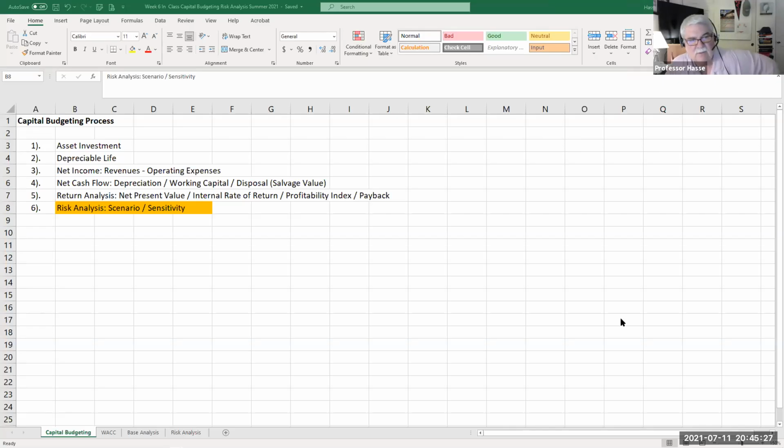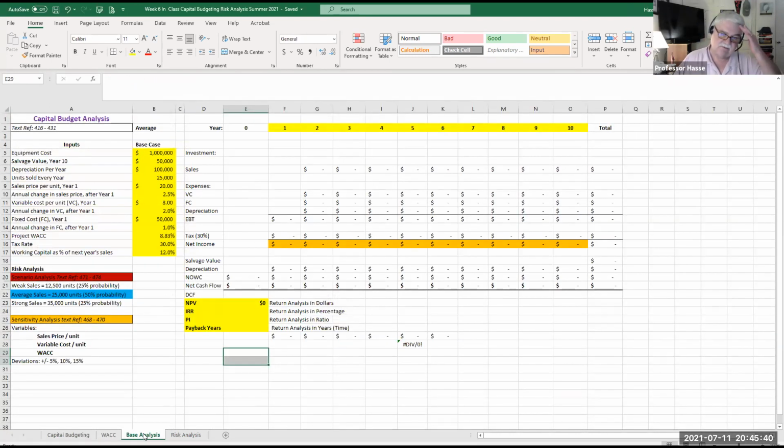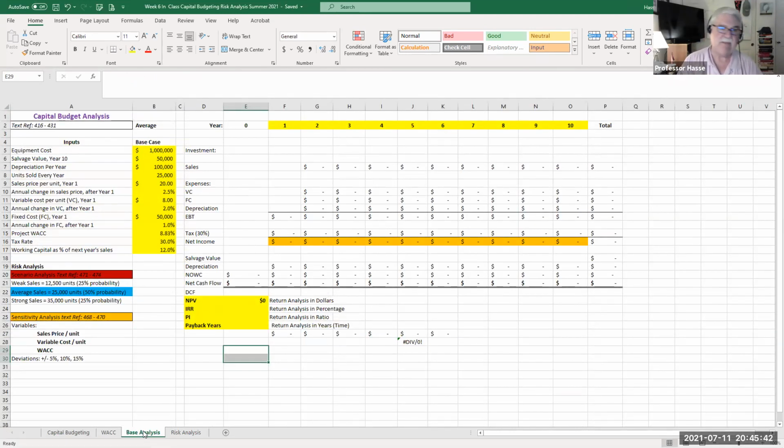Here's that spreadsheet that we started in week number 5, but I've done some alterations to it, and we're going to walk through it this week in our lecture video. Here's the WACC, weighted average cost of capital calculation. And here's the base case analysis. And notice it's completely empty. I'm going to be filling this out in our lecture video, and that's going to lead into the final and